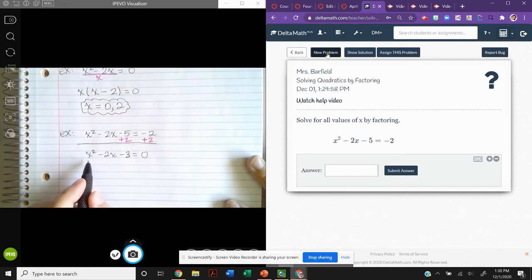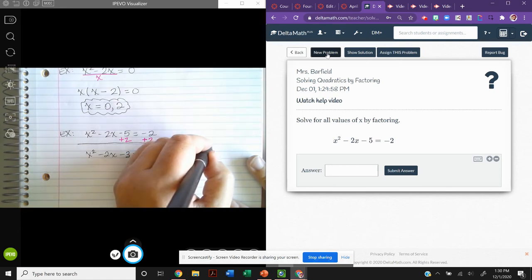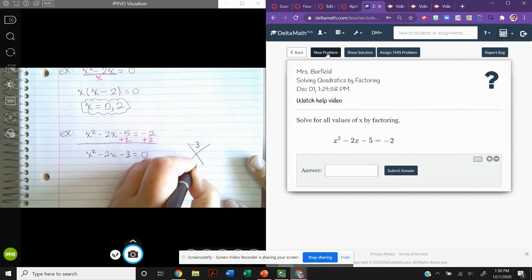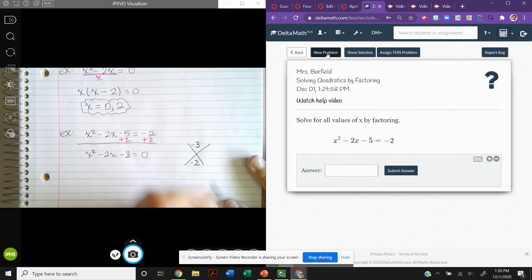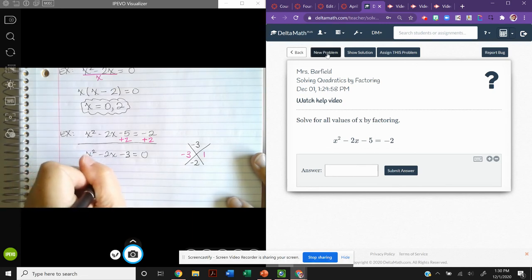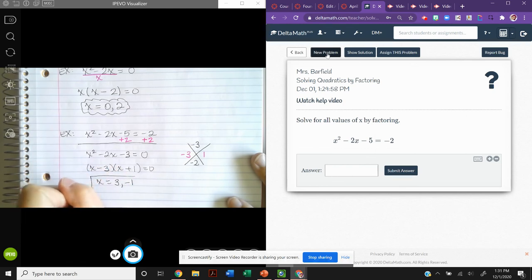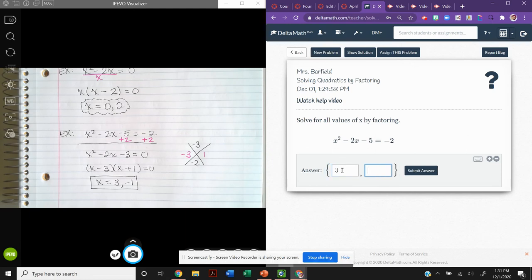All right. I do not have a greatest common factor. I do not have a difference of squares. So now I move to my x puzzle. So negative 3 on top, negative 2 on bottom. So to solve that would be negative 3 and 1. So that means I have x minus 3 times x plus 1 equals 0, which means my final answers are 3, comma, negative 1. All right, type that in, 3, comma, negative 1,